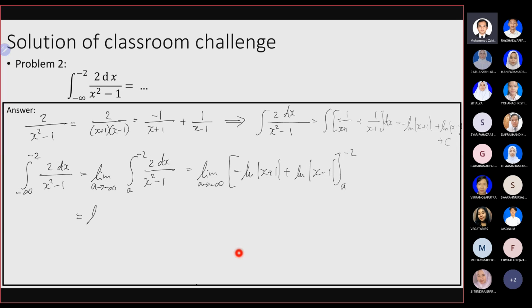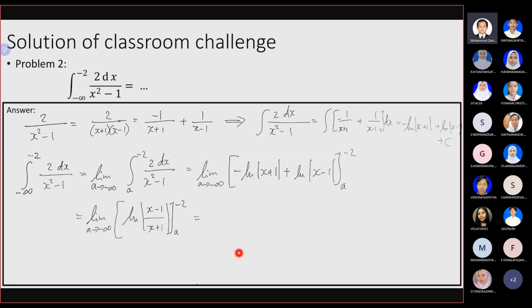From here we have the limit a goes to minus infinity of ln of x minus 1 over x plus 1, evaluated from a to minus 2,